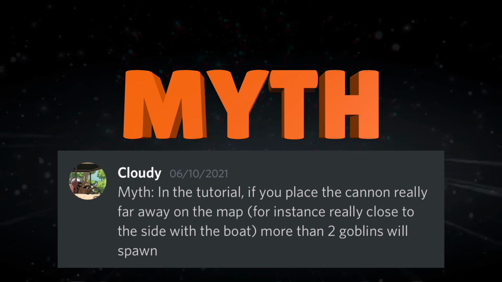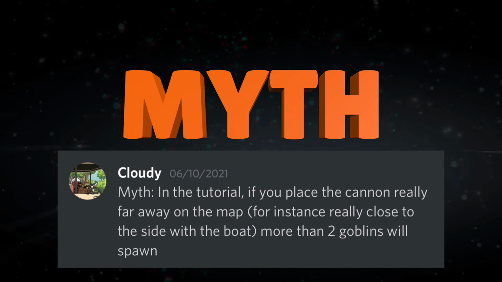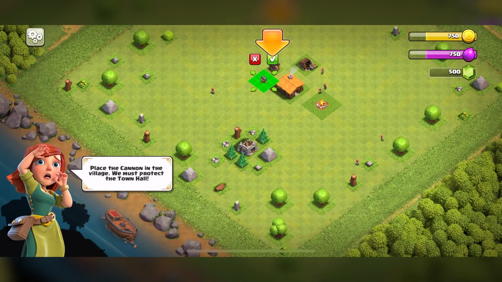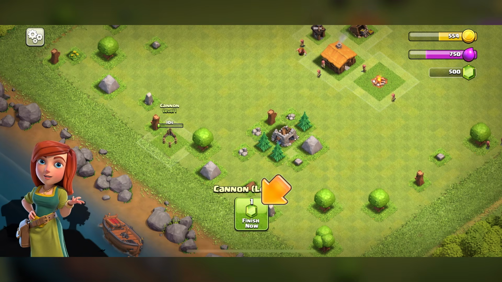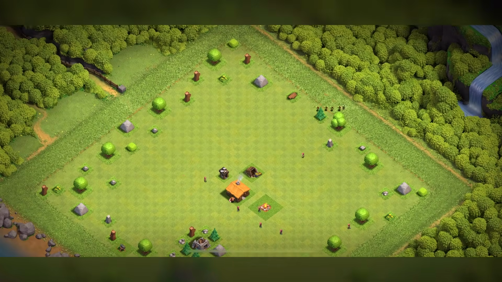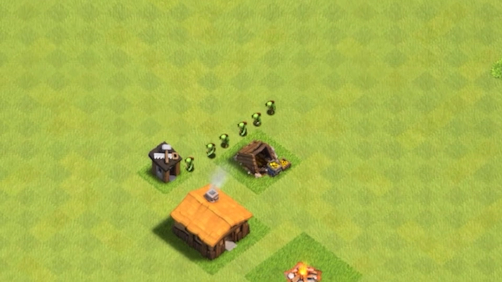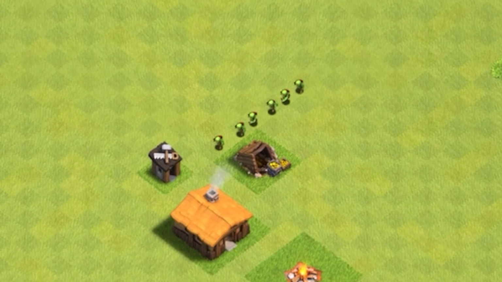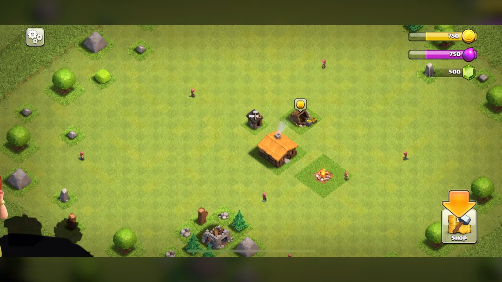Myth. In the tutorial, if you place the cannon really far away on the map, for instance, really close to the side of the boat, more than 2 goblins will spawn. Myth busted. Yes, more goblins do spawn, but there's been so many changes to the tutorial that a lot of